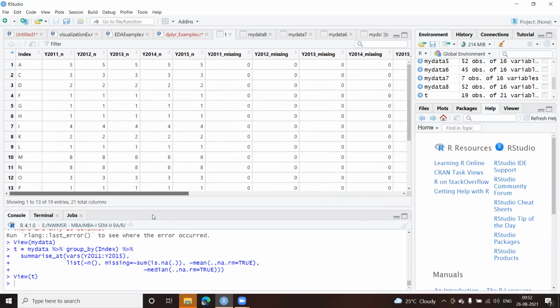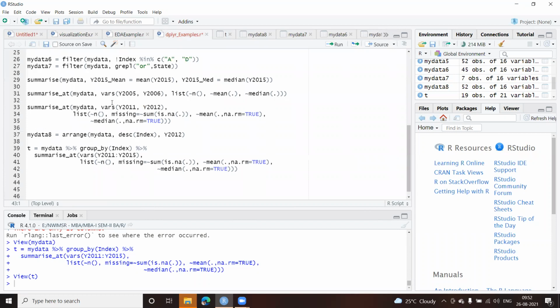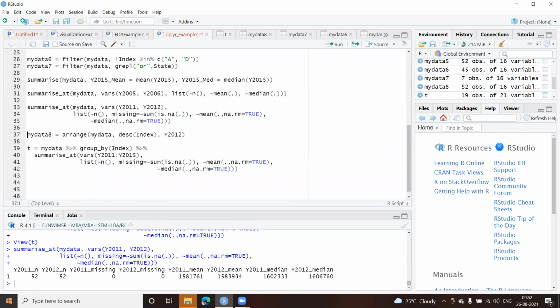So it is grouping it first, and then after grouping, it's going to calculate the mean and median of that particular group only. And that's why I'm getting multiple values. In the previous example, we did not group it, so we got only one record. So if I run this one, you can see I've got one record. It is using all the values and it is giving me the mean and the median. Whereas if I use group by, then what happens?